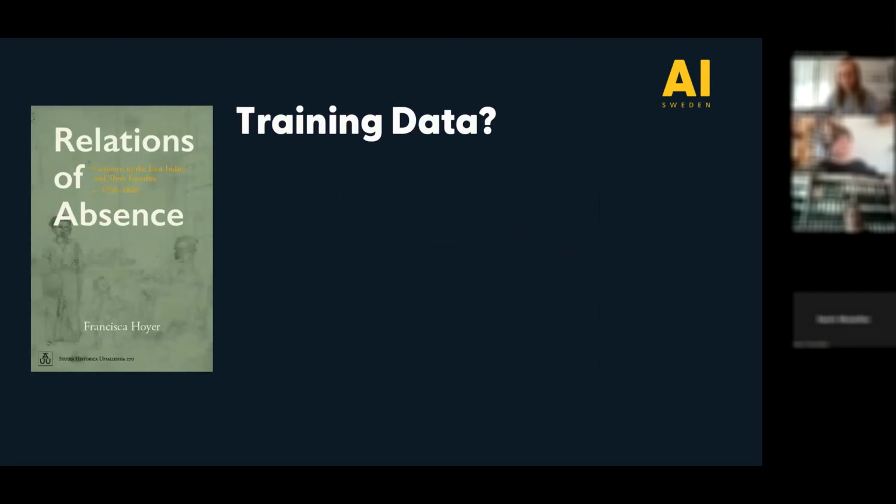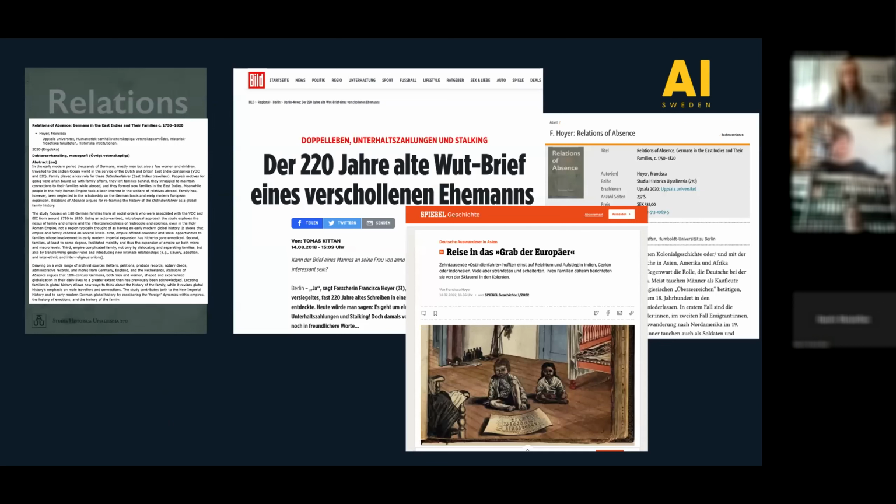So I did this with my own research. I thought about, okay, so what parts of the knowledge that I created are likely to have ended up in any training data set? And the result was quite frustrating because my dissertation is open access, but in a PDF. And PDFs are not very likely to end up in training data sets because it's very complicated to process PDF text data. So the only text there is the short abstract available on Diva.